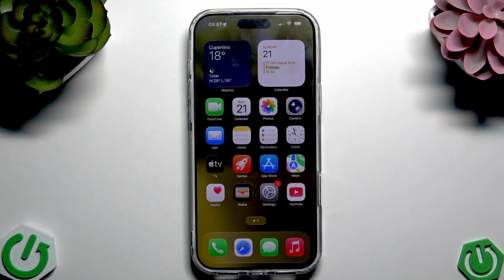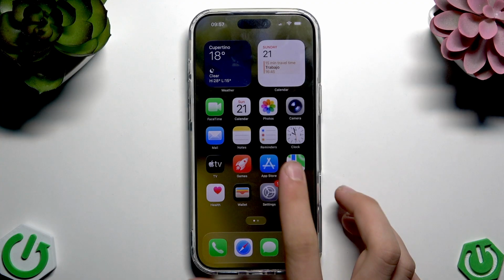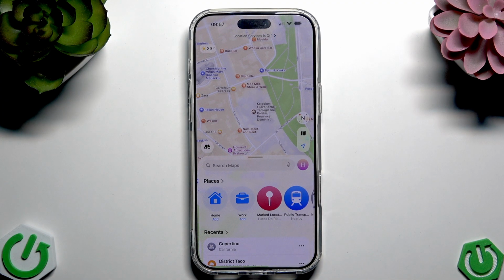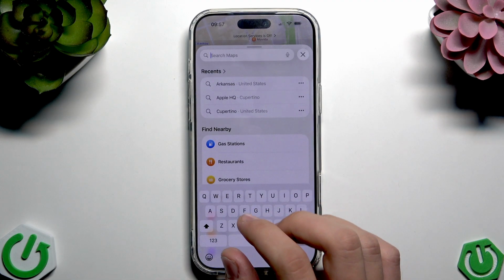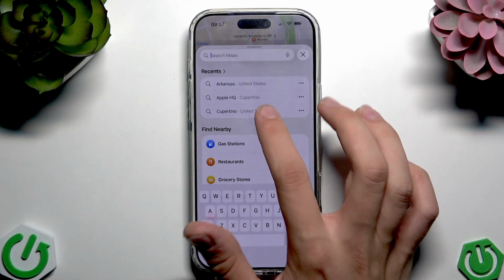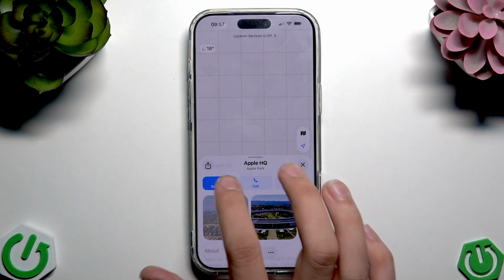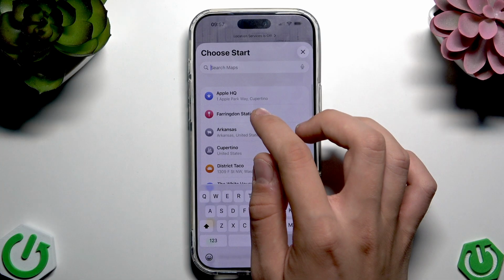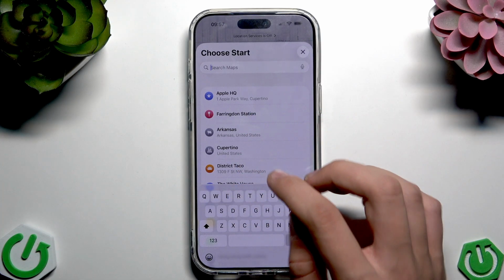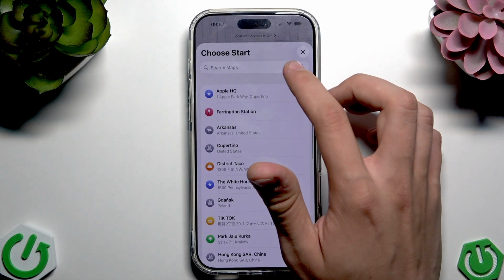And apart from that, from the voice memos, here we have the maps navigation. It works same with the Apple Maps, like with the Google Maps or with Waze, global navigation, Uber navigation, etc. Let me for example search for the Apple HQ in Cupertino. Directions. Start will be for example in our location, which will be,